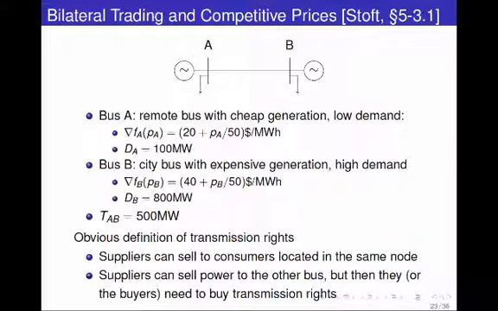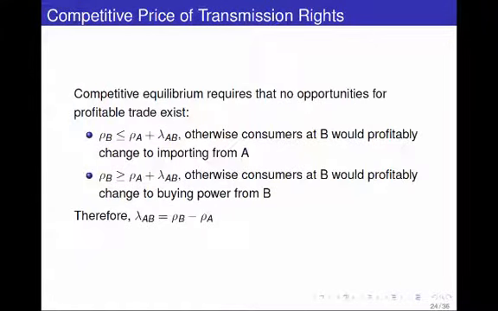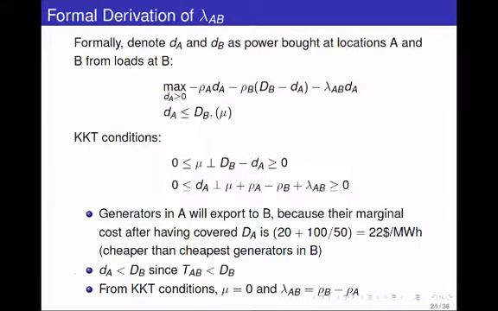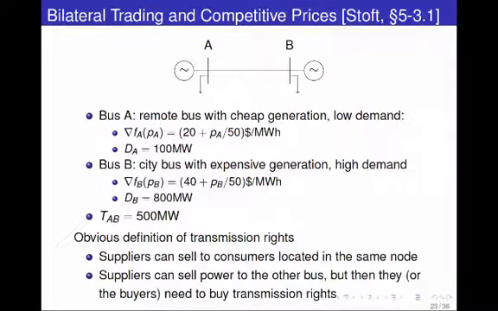So from that, using this competitive argument, we can say that the prices at B can't be more than the prices at A plus the price of transmission from A to B. The other way around, if the prices at B are lower than the prices from A plus shipping them, then some of the consumers that are already buying power from the remote area will shift to cheaper suppliers at location B. So you can argue in these intuitive terms about competitive outcomes, and ultimately what leads to unique